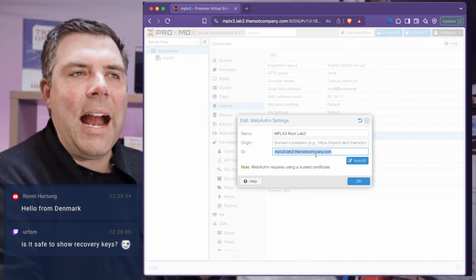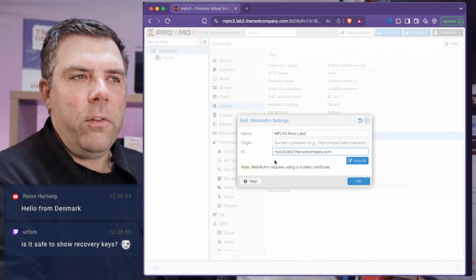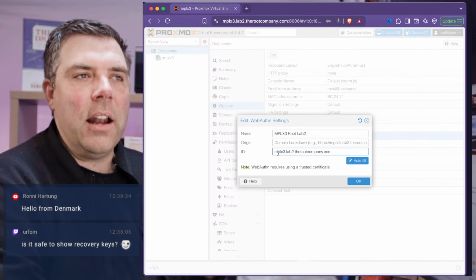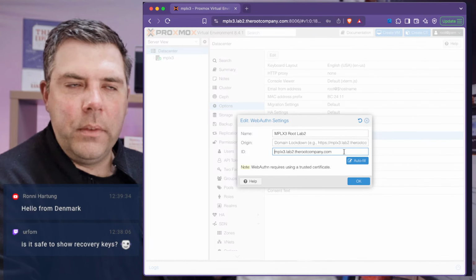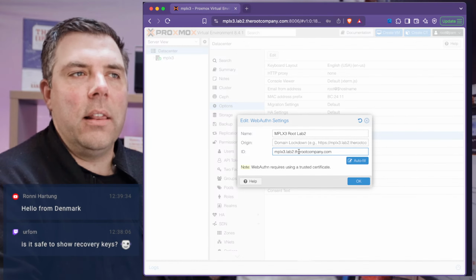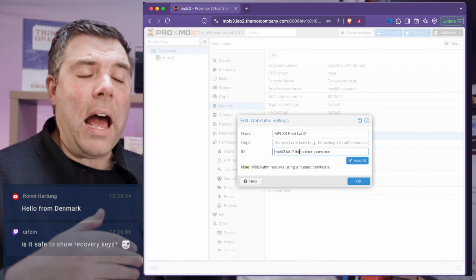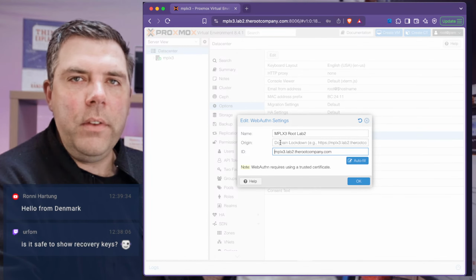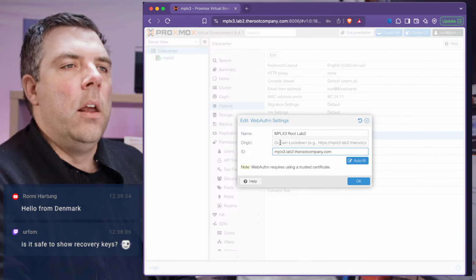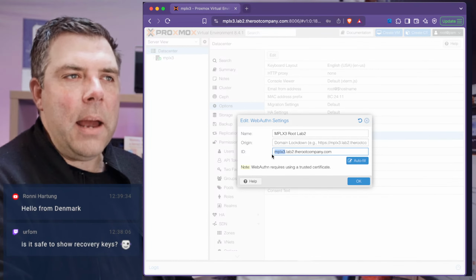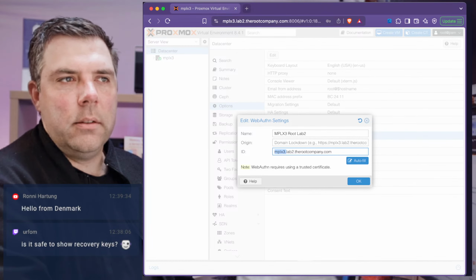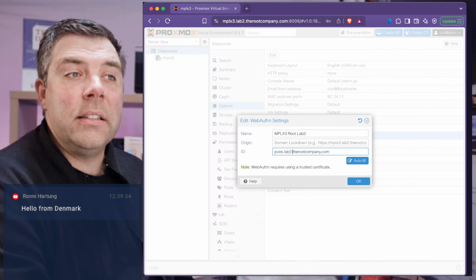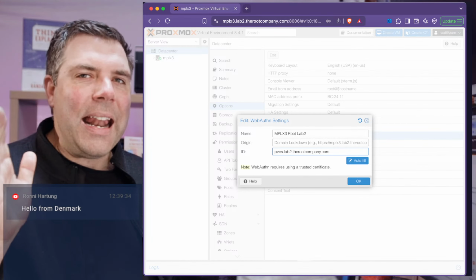So the ID is basically the parent. So if I had a child off of this, so let's say I had a.mplx3.lab2 and b.mplx3.lab2 then I would be allowed to use WebAuthn on those subdomains. If I lock down the origin, I can't do that. Now for me, my lab2 is just Proxmox. If I had other stuff on there, I might have set up instead pves.lab2, because whatever that ID domain is